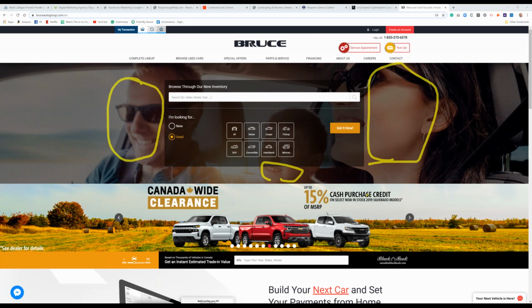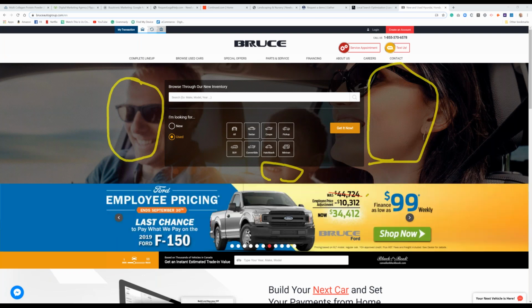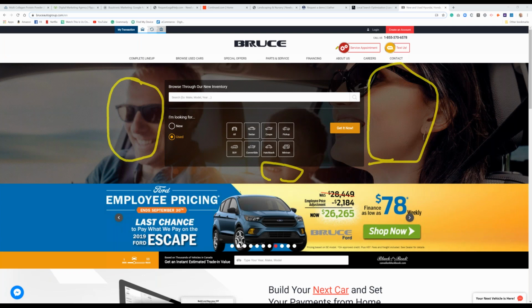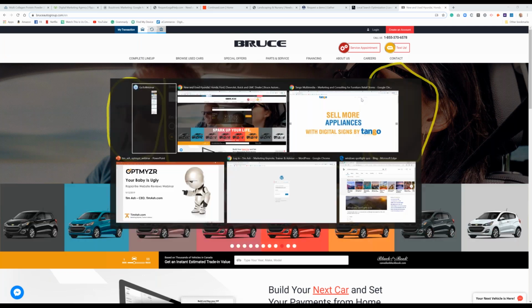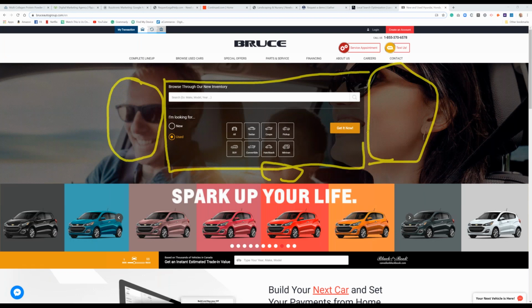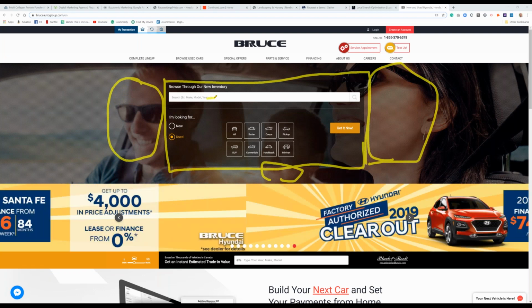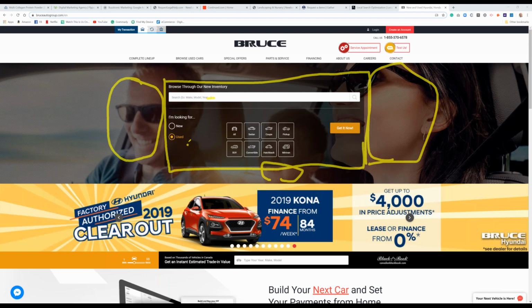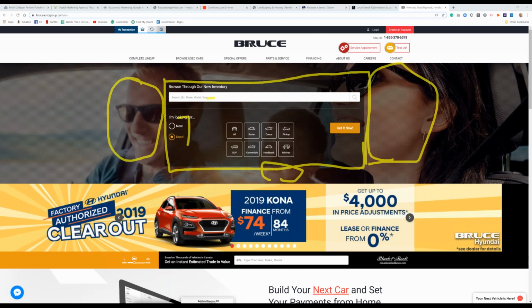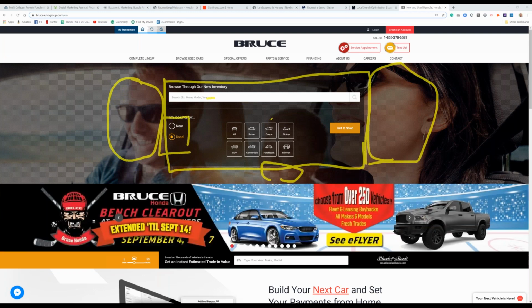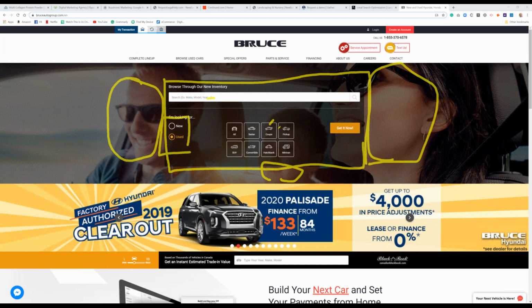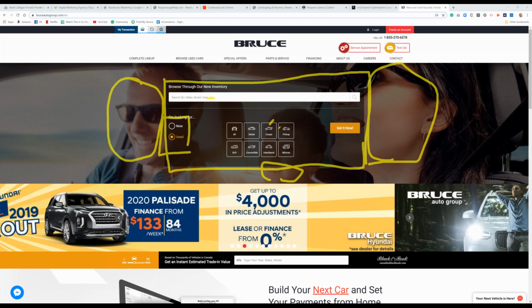So this site could benefit from stripping things away, getting rid of motion, and so on. If the key here is to browse inventory, which is front and center here, that part's great. Okay, so browse inventory. You might want to just start with a simple button: am I looking for a new or used car? Okay, what kind of car? That would be the next step, and so on.